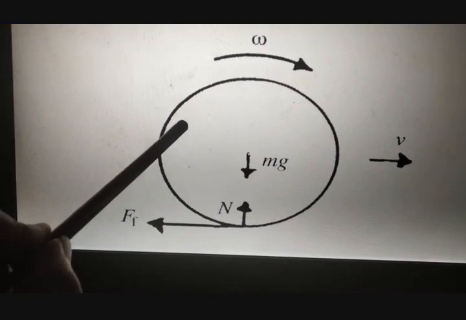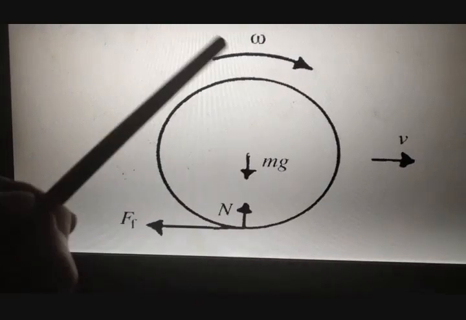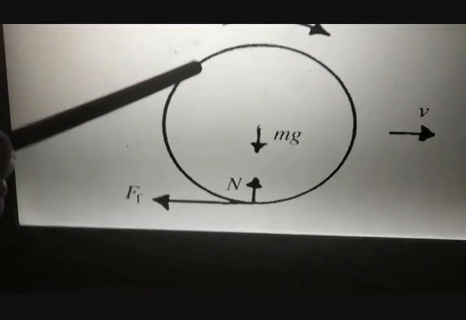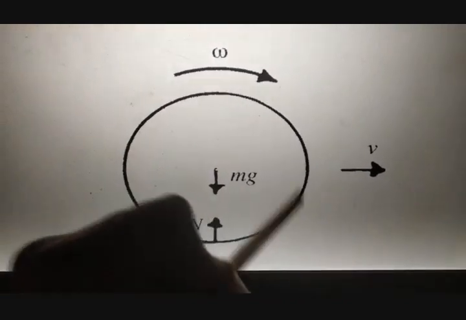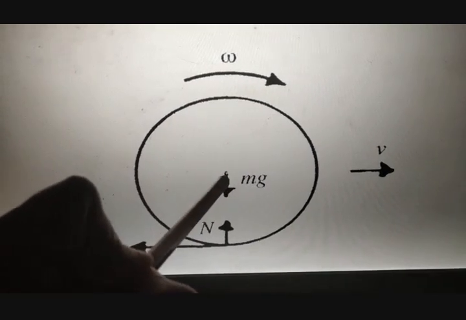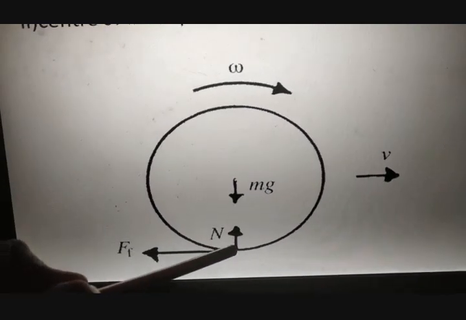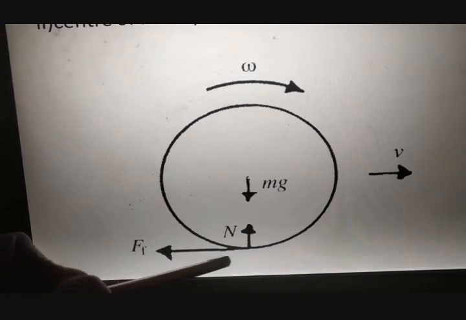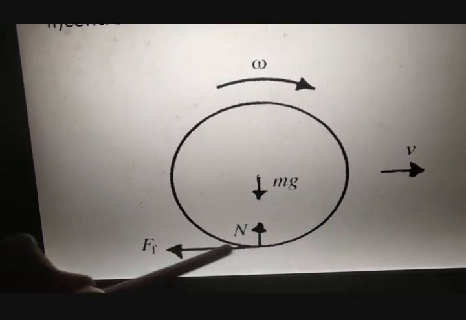Suppose this is a sphere which is rolling on a horizontal surface. In this case, the forces acting on the sphere are shown. This sphere is rotating with angular velocity omega, and the center of mass will be over here. This force is the weight mg, which acts vertically downward, the other is the normal reaction, which is vertically upward, perpendicular to the surface, and this F will be the frictional force.